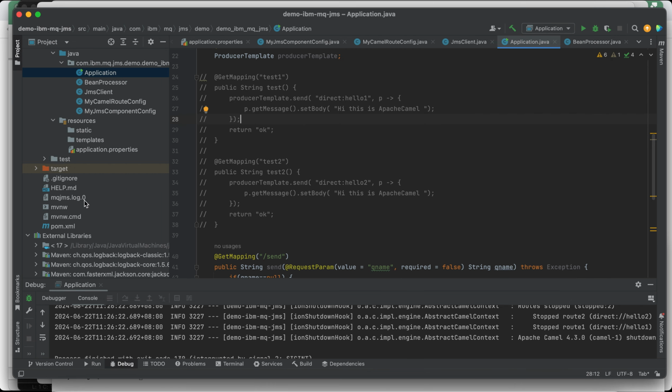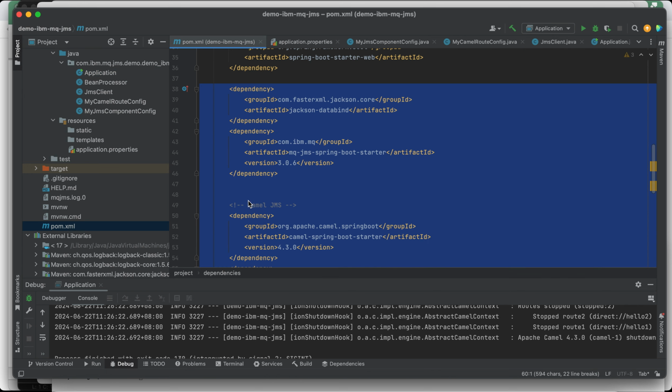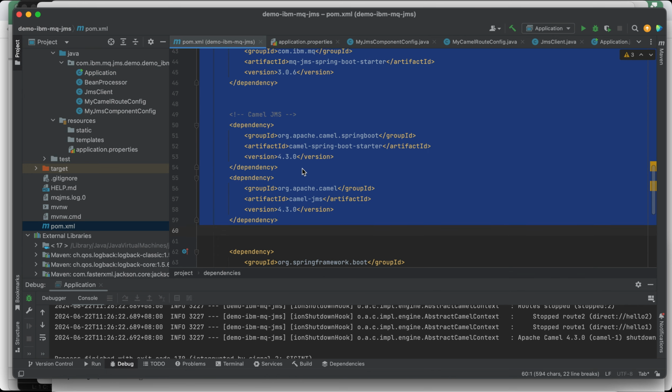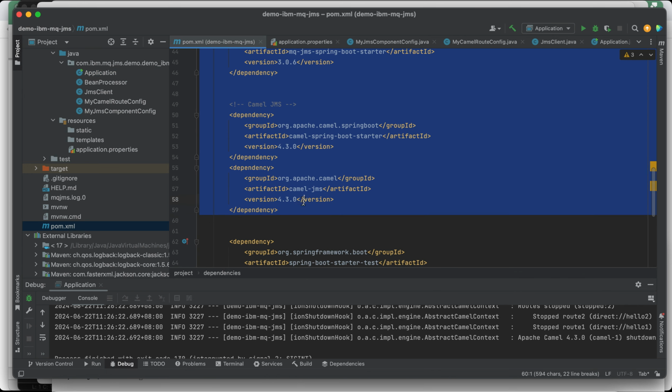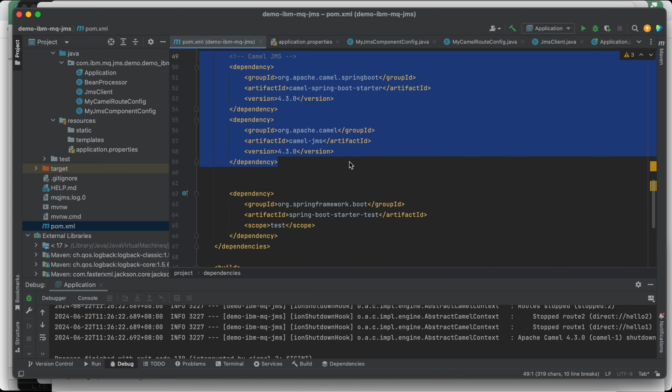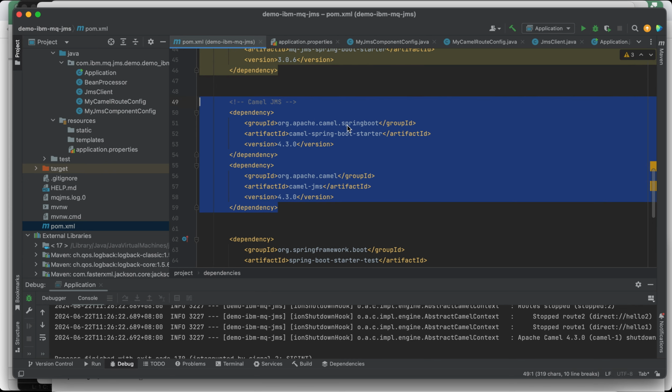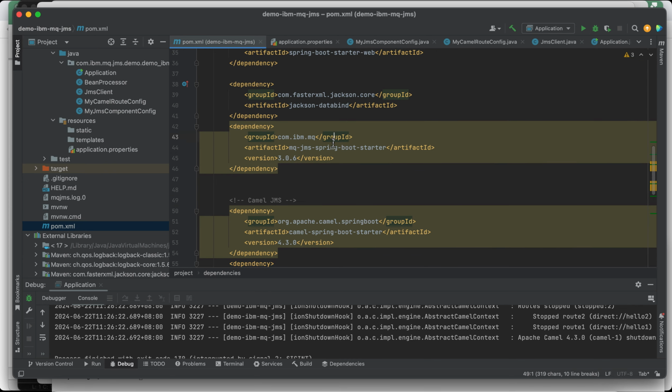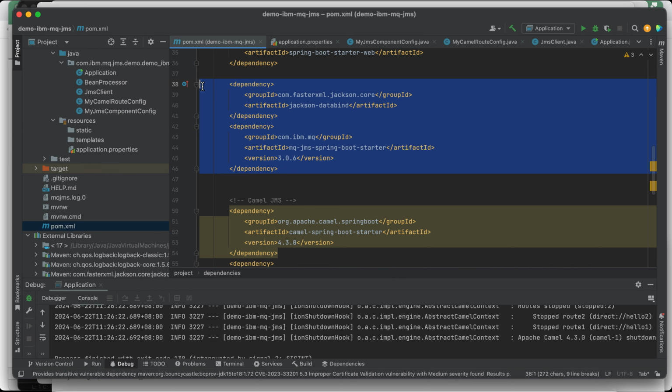So same as last time, we use the same dependency. So this is for JMS. Actually, for this demo, we don't need this anymore. What we need is, sorry about that, what I'm saying is this one. This is for JMS component, IBM MQ.